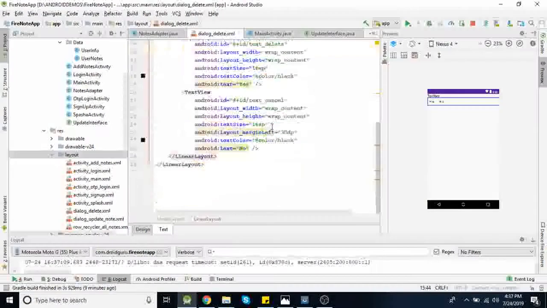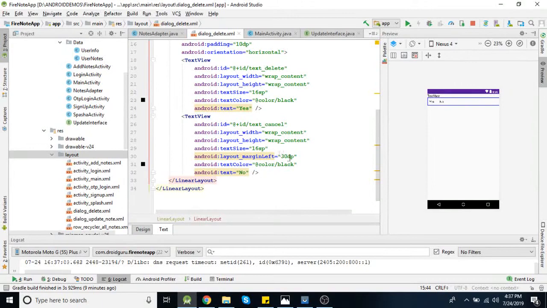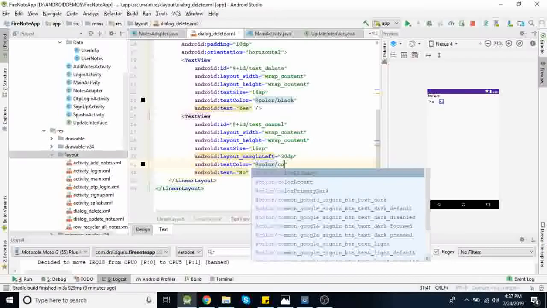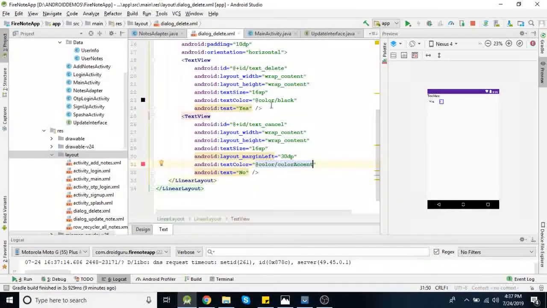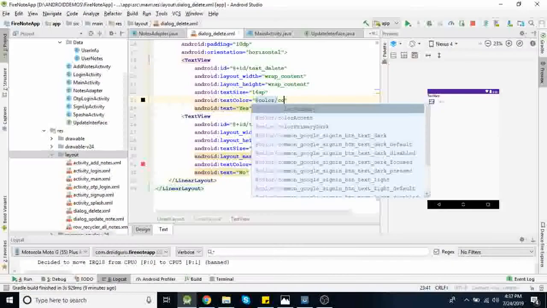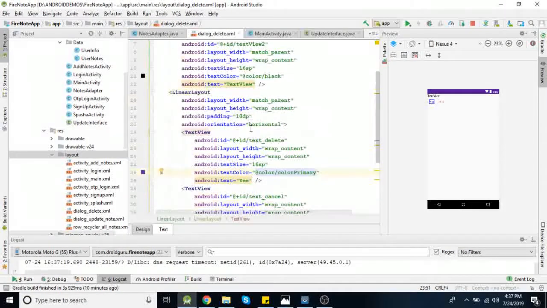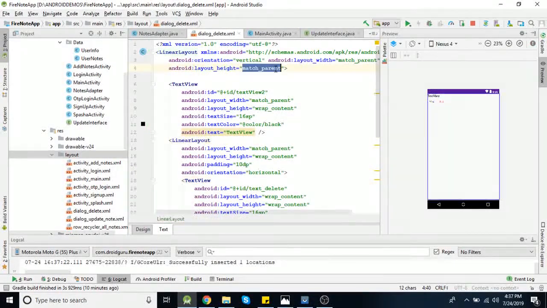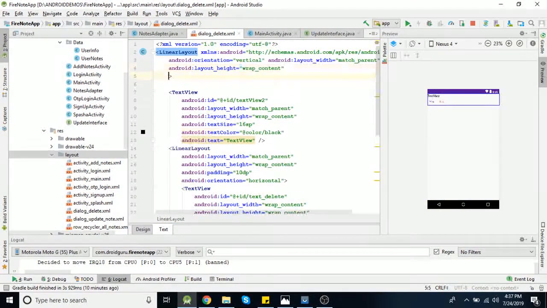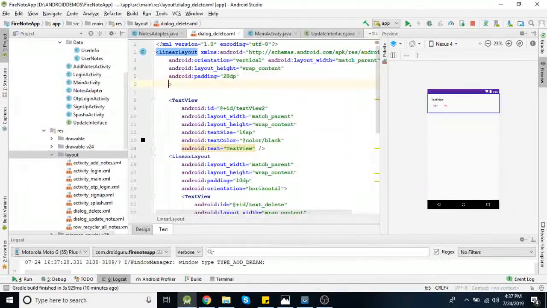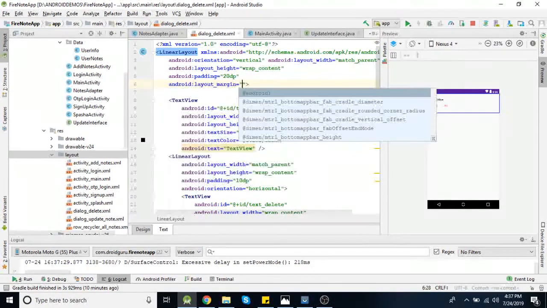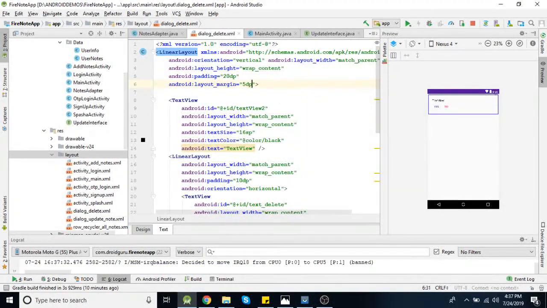Let's change its color. So this text color will be color accent and this is color primary. Layout margin say 5 dp.